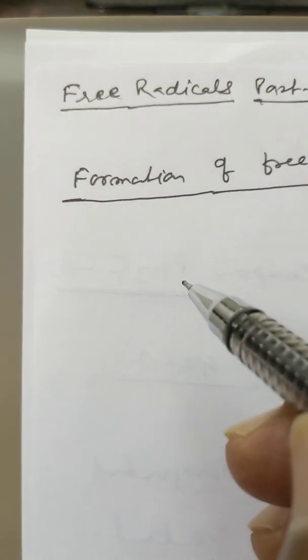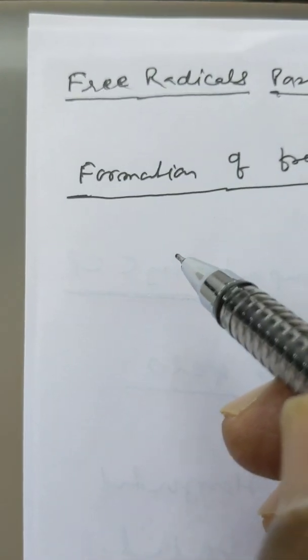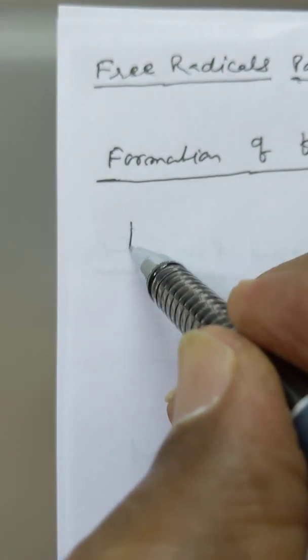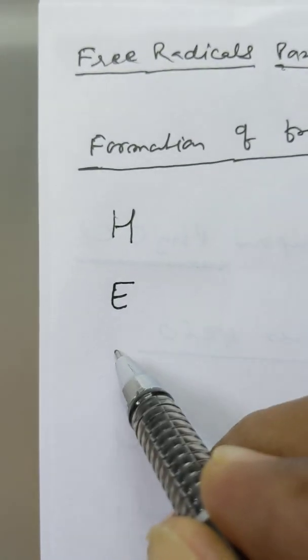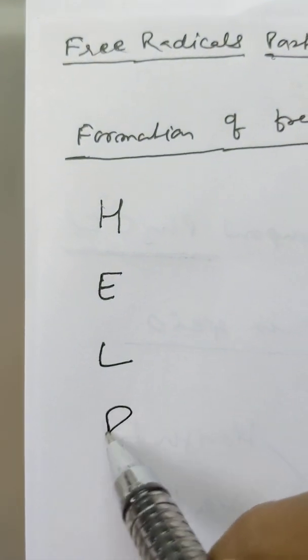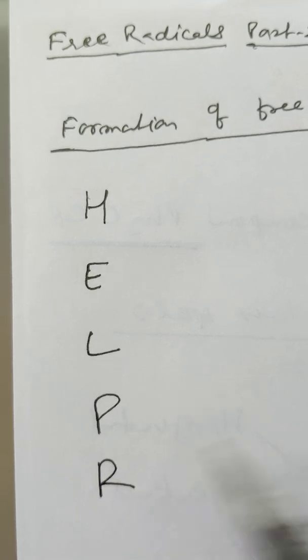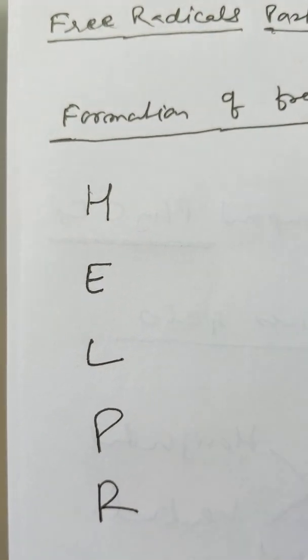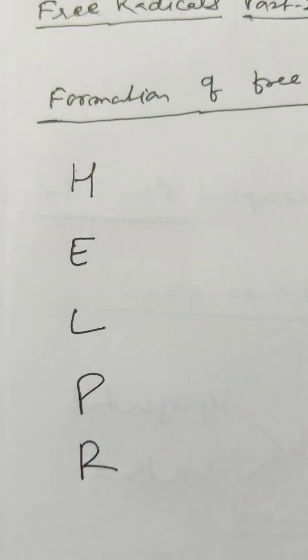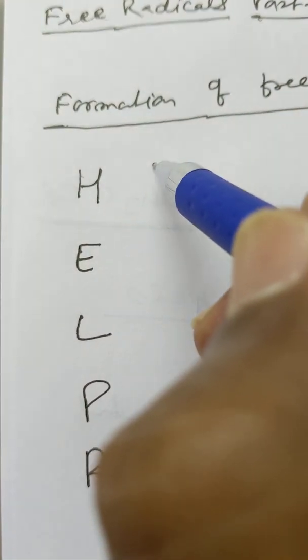In general, we can say there are ways of forming free radicals, and for that I am writing it like this. It will be very easy for you to remember. HELPR, and then radical R, helper. बस ये ध्यान रखिए. Now here H, what does H mean here? H means that is heat